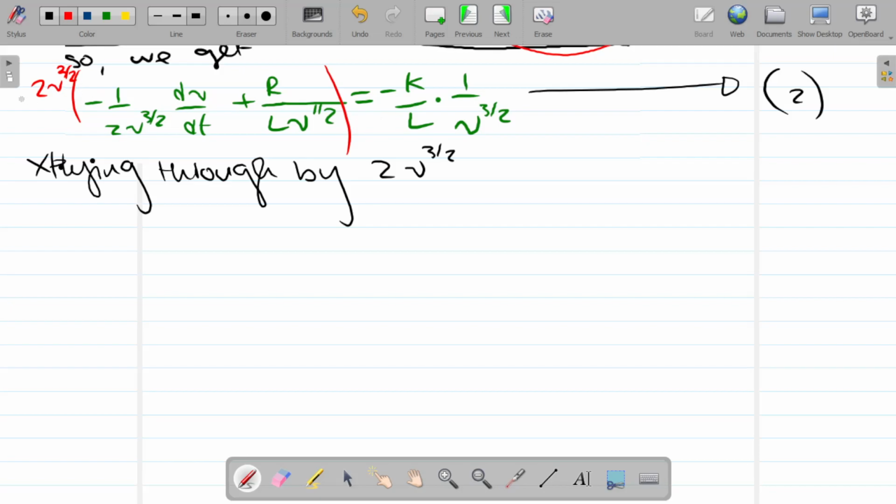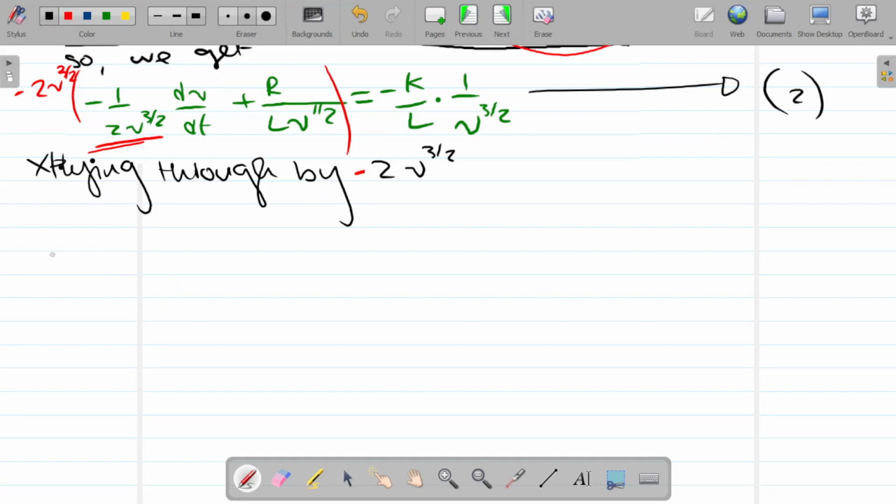And in actual fact, we're going to multiply through by minus 2v to the power 3 over 2 because we want the coefficient of plus 1 here. We want that to be plus 1. So if we do that, multiply through both sides by minus 2v to the power 3 over 2,